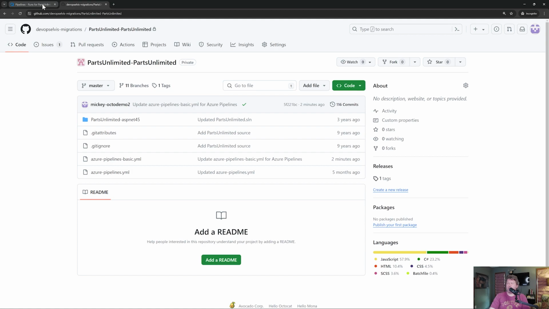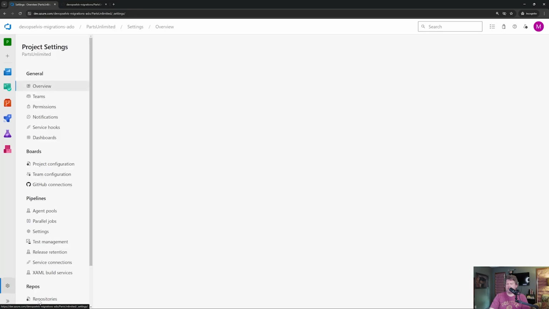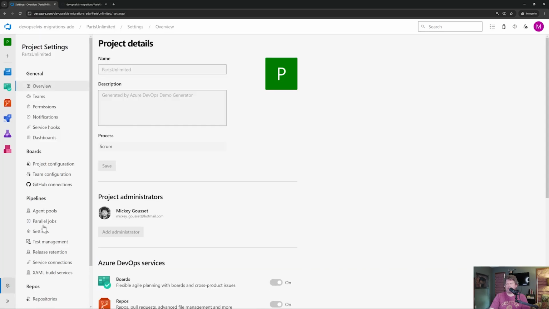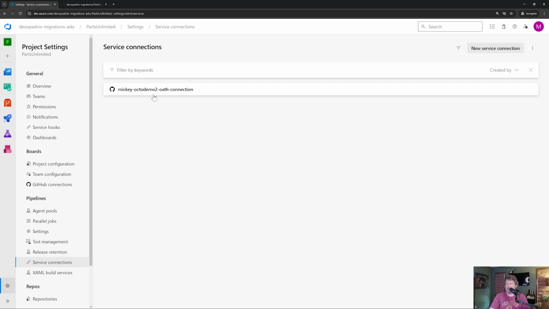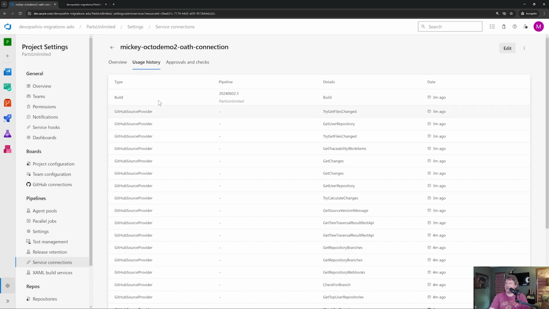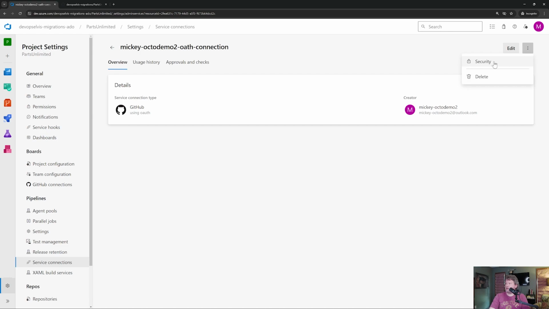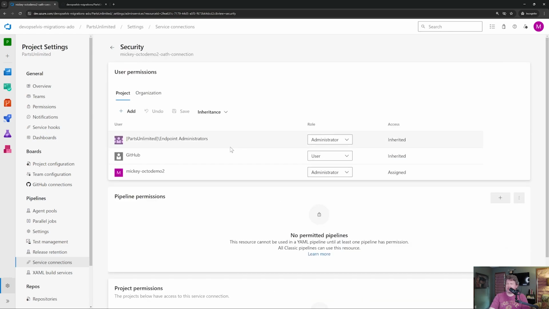Now, if we go back over to the Azure DevOps side, we go to project settings, and under pipelines, we go to service connections. You can see that it created a service connection, Mickey-Octodemo2-OAuth-connection. That's what I called it. And I can go into my service connection. I can see when that service connection was used. I can control who can access that service connection. So by default, the only people that can actually see that service connection are going to be administrators and myself,